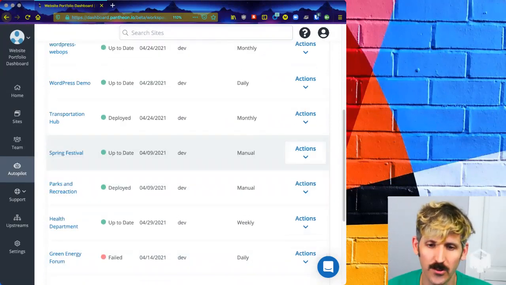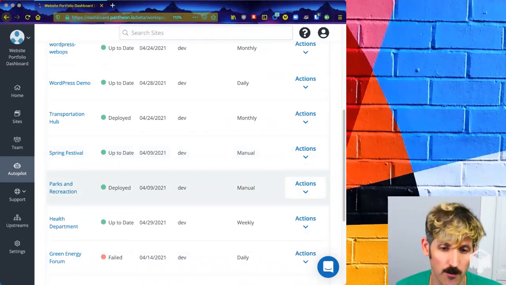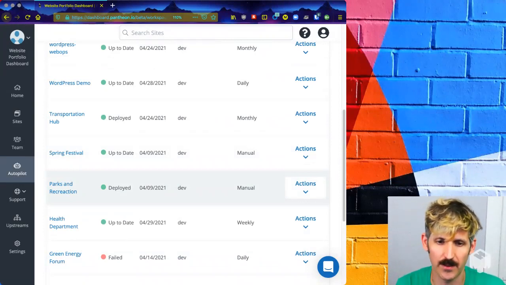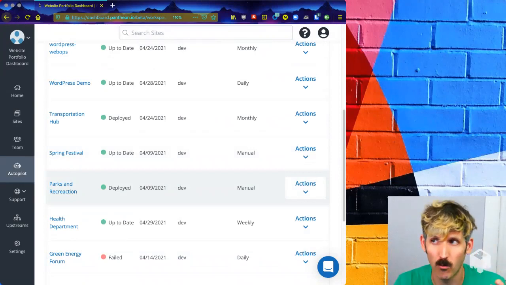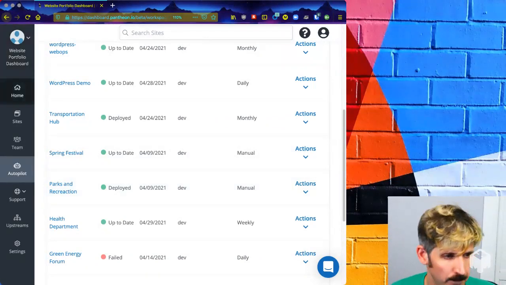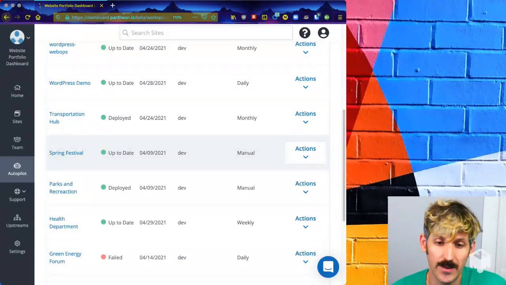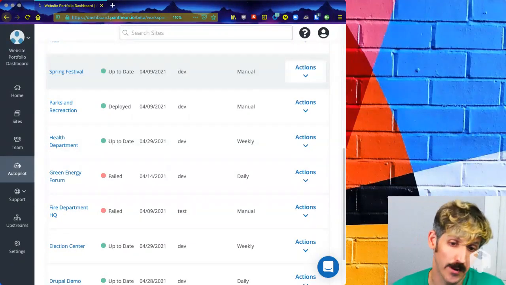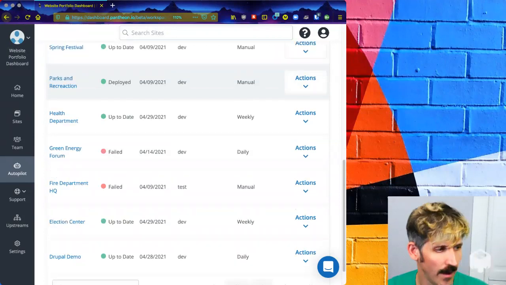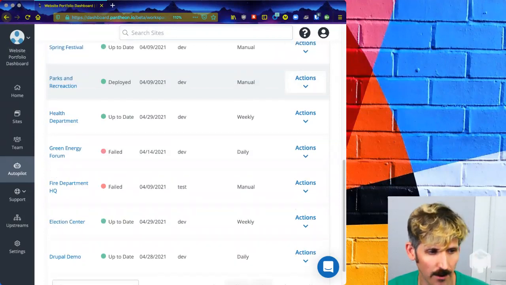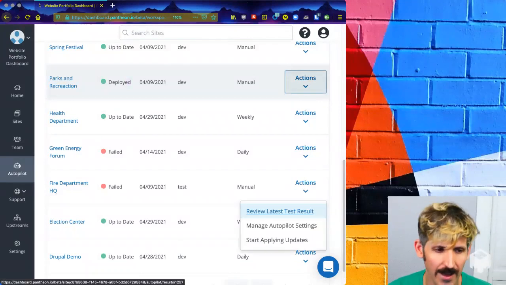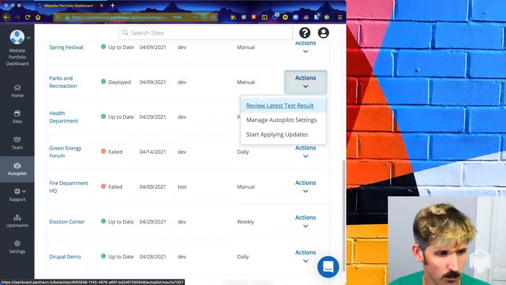And I think if you build something like this yourself, trying to surface that information to everyone can let you go in and in one screen see how up to date your sites are, because that's very important to report on, very important to be aware of, and the kind of thing that allows you as a developer team to take action to make things better. Because stuff breaks, obviously, that's why we test. And you'll see these failed jobs. And if they're failed, you can then go in and review those test results,